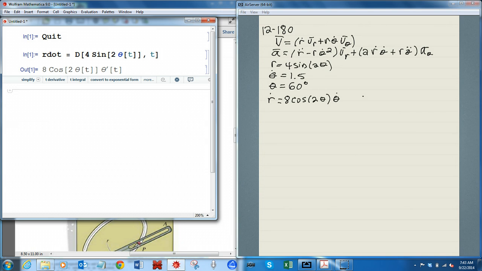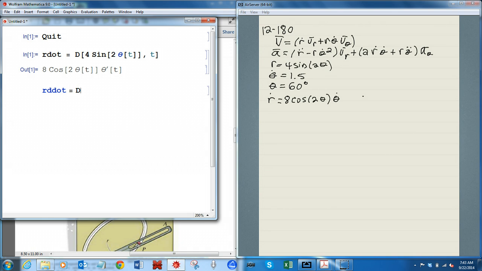How to make Mathematica take a second derivative. You're going to make sure that the derivatives are right. You're basically just taking two derivatives of this thing here, 4 sine 2 theta. All right, so here's how we can do it. We're back on Mathematica, and I'm going to take r double dot. You can do it one of two ways, and Mathematica couldn't care less, though you would if you had to do this by hand. You can do r double dot, r d dot, d dot equals, we'll take d for